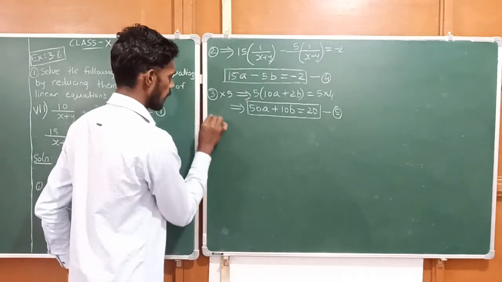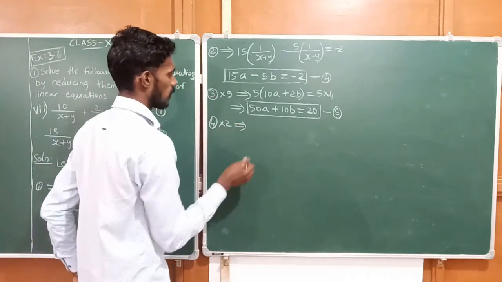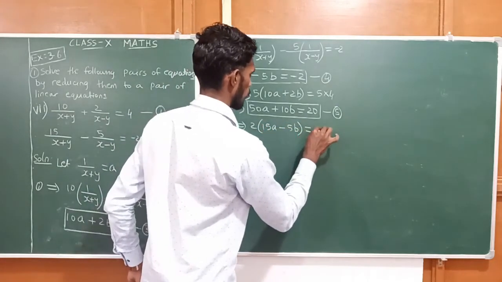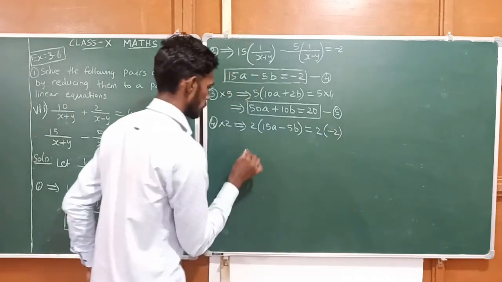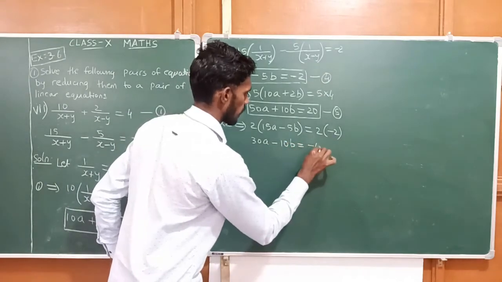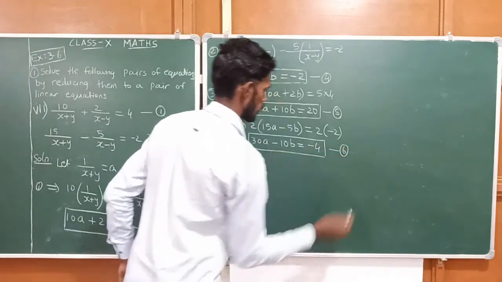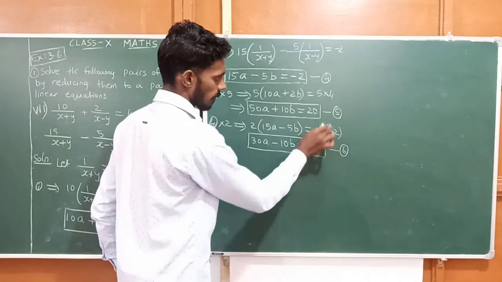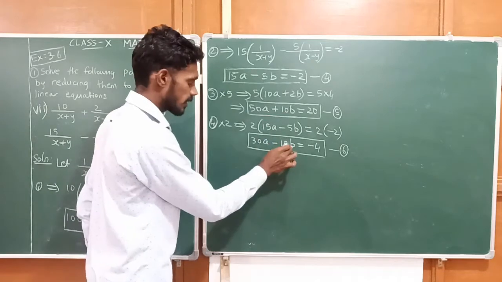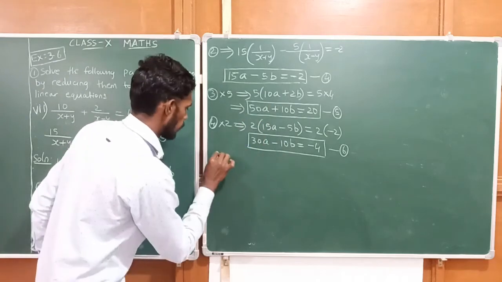Then I am going to multiply the equation 4 by 2, that is 2 into 15a minus 5b is equal to 2 into minus 2. So, which gives 30a minus 10b is equal to minus 4. Equation number 6. Now, I am going to add the equation number 5 and 6, because here it is plus 10b, here it is minus 10b. If we add these two equations, the b term will be cancelled. Okay. So, adding